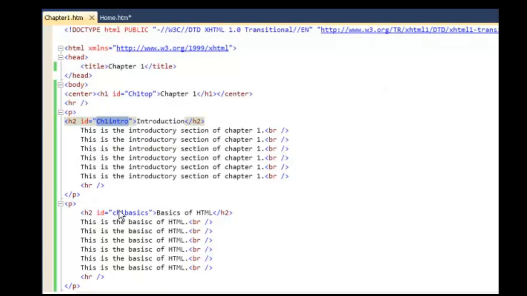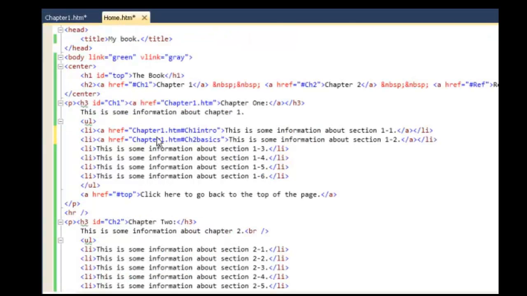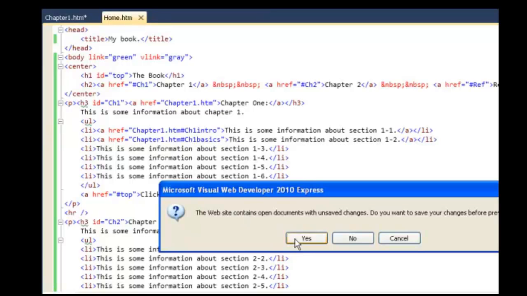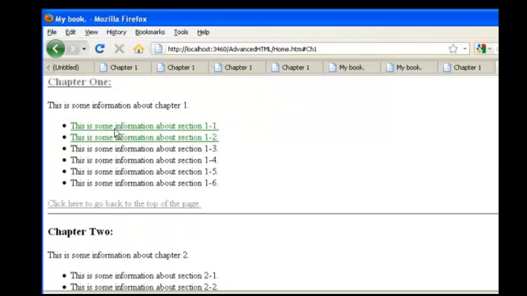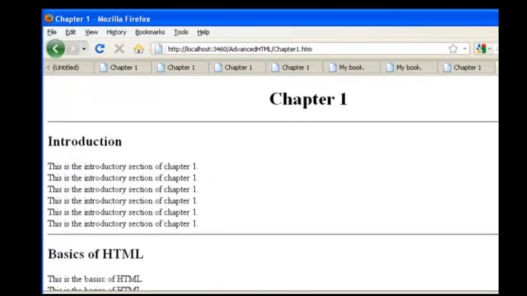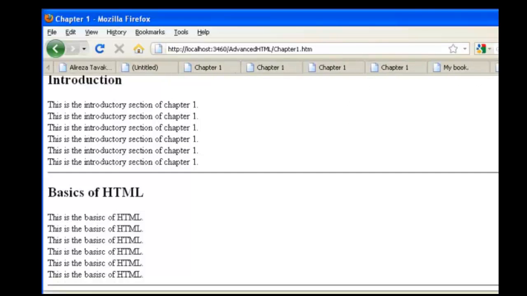Oh, ch1 basics. And I need to make sure that my capitalization is working. And then I'll run my chapter. So again, I could click on chapter 1 within the same page. The focus point would go to chapter 1. I could click on chapter 1 and it would take me to chapter 1 page itself, and or I could click on